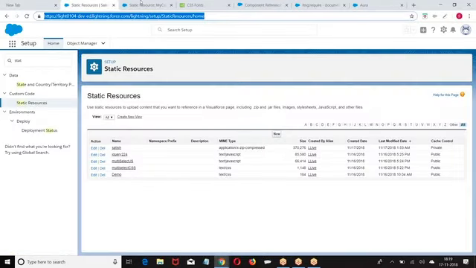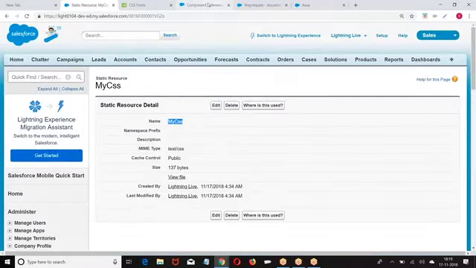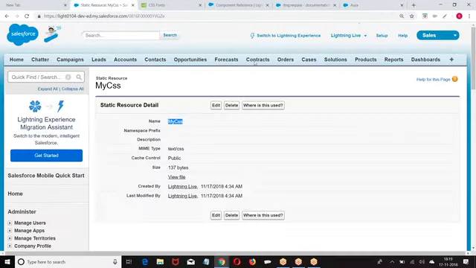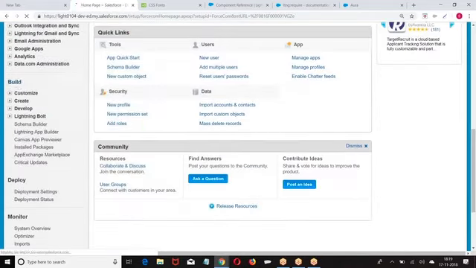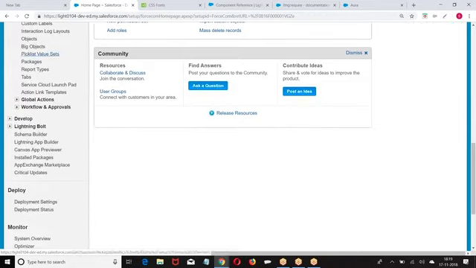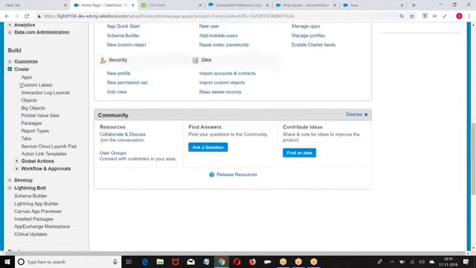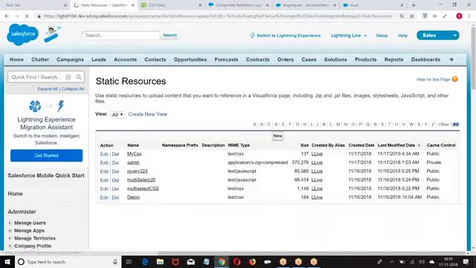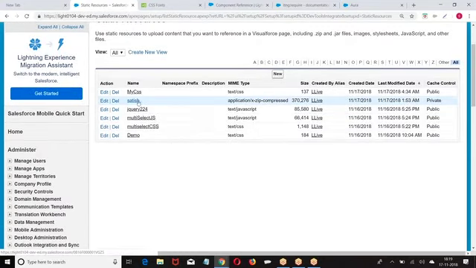Go to Setup, Build, Create, Develop, Static Resources. I already included the static resource here. What was the static resource? Satish. Now this is your zip file.